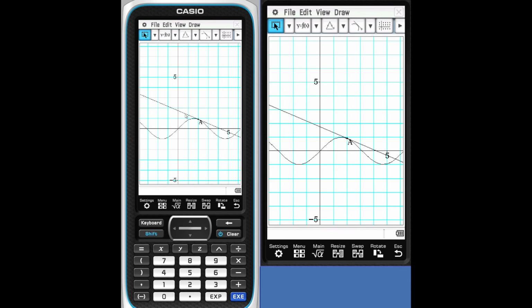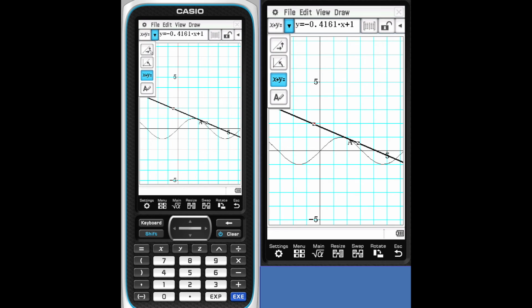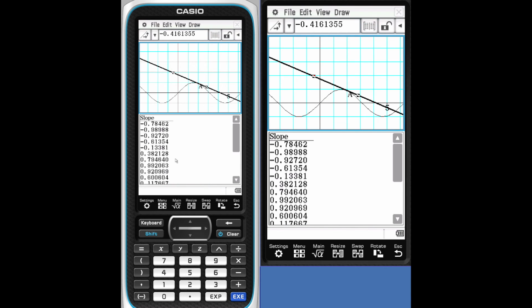Let's say you wanted to watch the slope of this line change as it goes from one place to another. Let's select the line. Let's go over to the measurement table. Currently it has the equation. Tap down. Find the one called the slope. Looks like rise over run. And you notice you have a table. If you tap the table, what it does is it starts creating a table of values. The other thing I want to add to this table of values is this point itself. So we're just going to add that to the table.